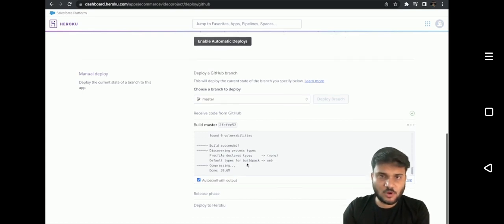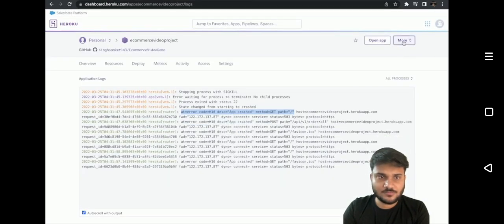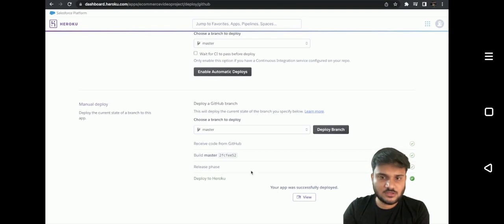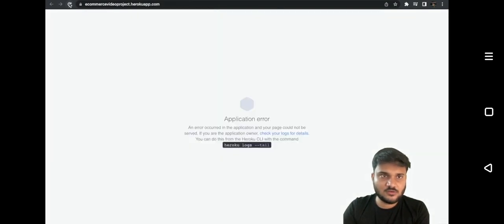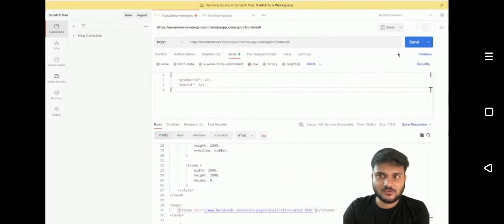So almost the deployment is done. Let me also open the logs. So view logs. We're already on the logs. Okay, so deployment is successful. Now let's just try to refresh the app. Okay, now our app is working. And if I try to send the API,